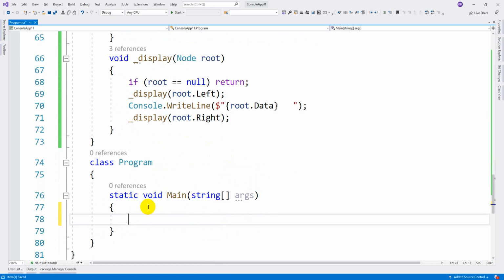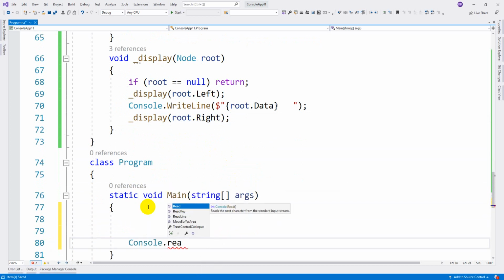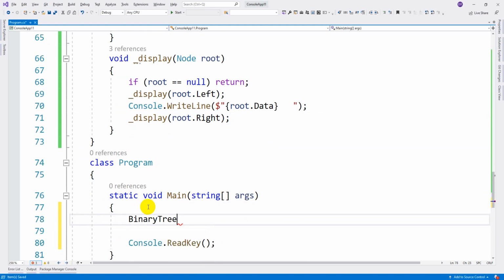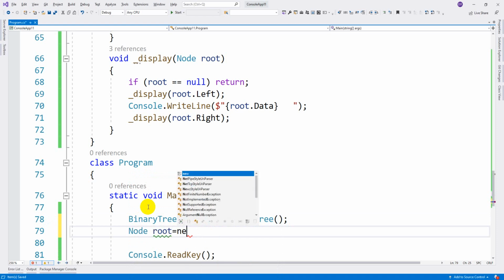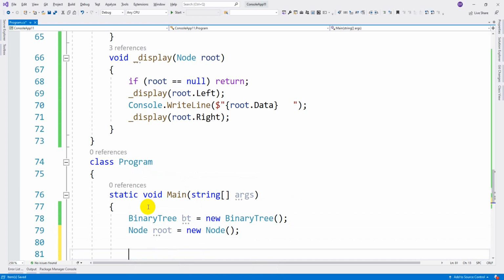So now let us implement the code. Let us call console dot read key to see the output. Before that, let's create the binary tree: some bt equal to new binary tree, and node root is equal to new node. As of now no values will be there, let's pass empty. Now insert using the insert method.